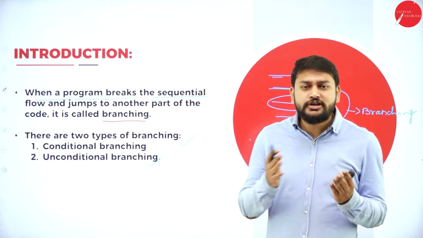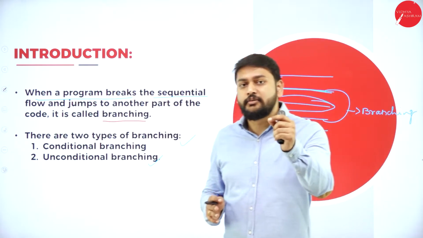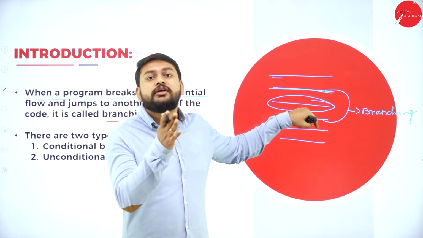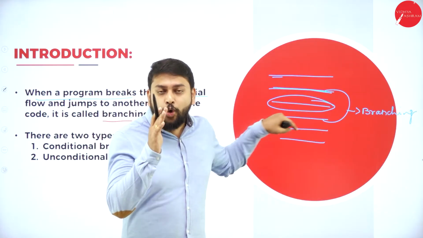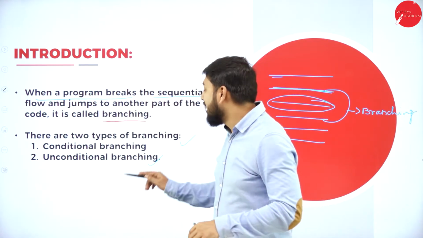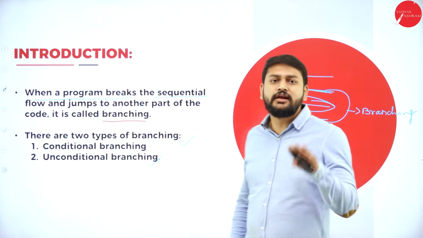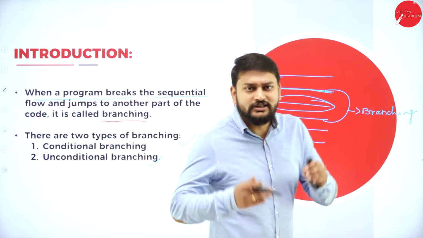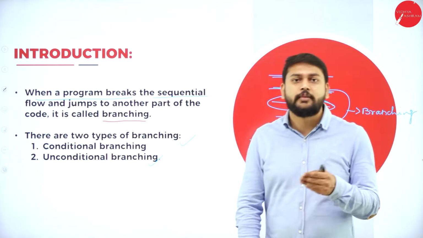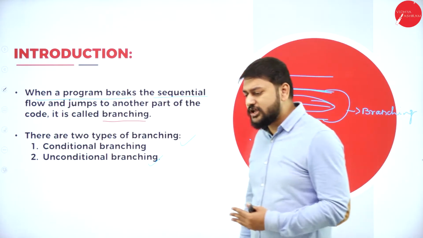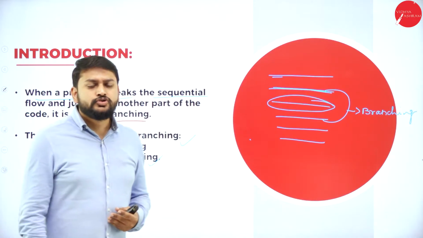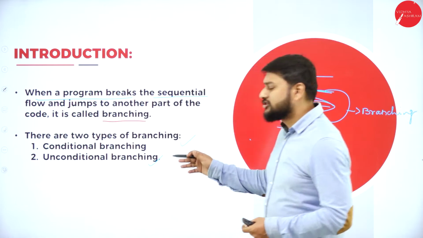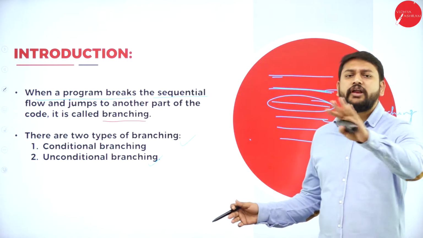When it comes to conditional branching, you are branching. Branching in the sense you are moving to a different part of the program based on a condition. Hope you got my point. Now, what is unconditional branching? You are not checking any condition there. So directly based on something, you are branching. I will discuss unconditional branching in the coming sessions. We have goto statements, labels, break, continue. All those things come under the concept of unconditional branching. Don't worry as of now.